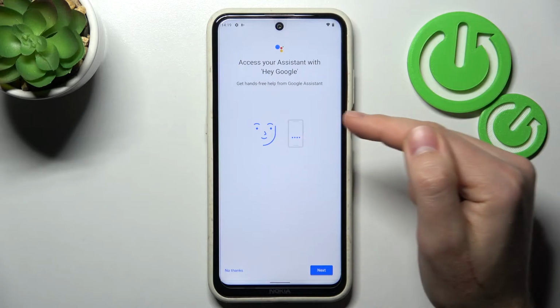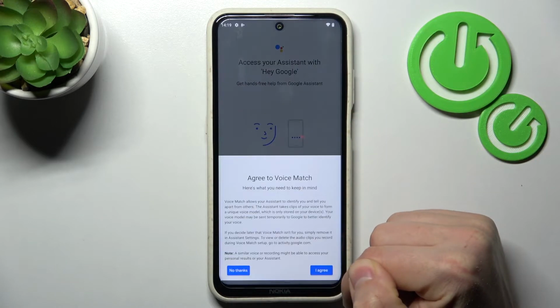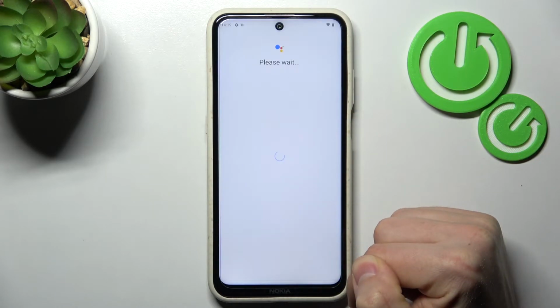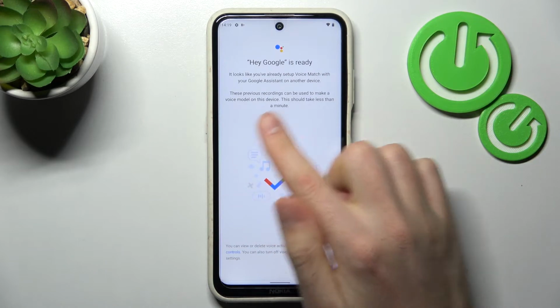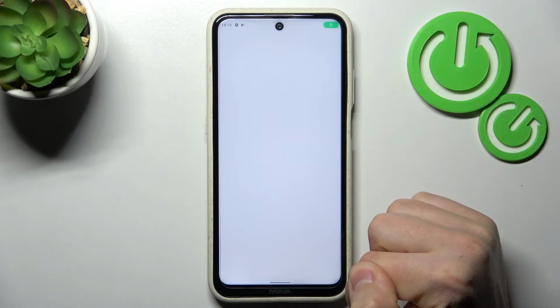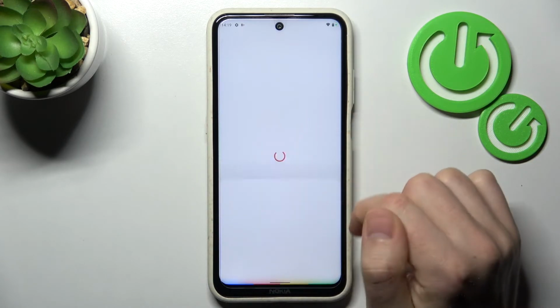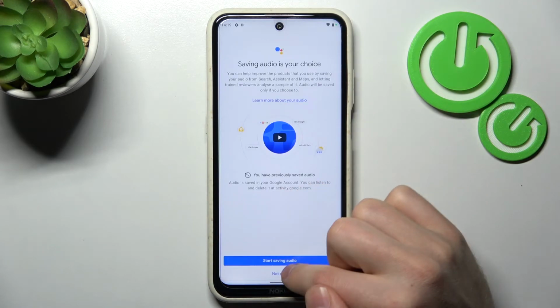Now you get access to your Assistant. Tap next, agree to Voice Match, yes I agree, and now you can see Hey Google ready to use. Now click not now,